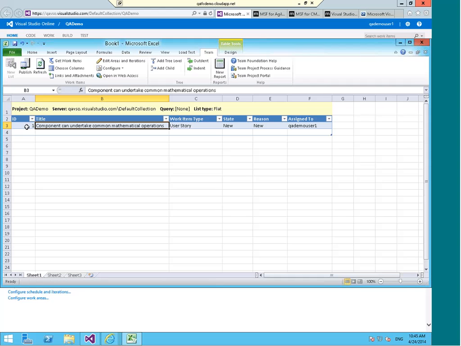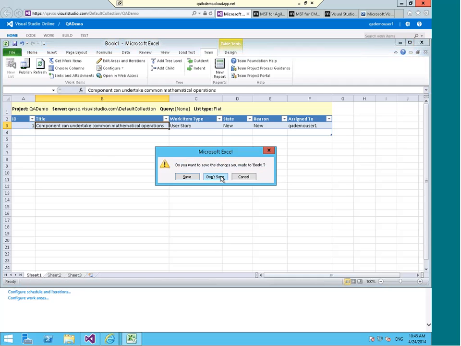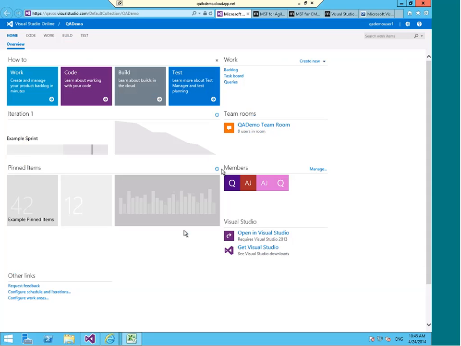So I could work in Excel. I can work in Project in a very similar way to this. I've published my work item type, my work item. I don't need to bother saving the spreadsheet because I've published my data. And if I go back to my QA demos web page and look in my backlog now,